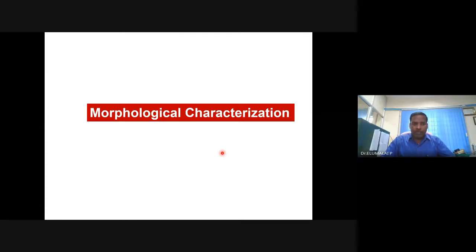X-ray diffraction is a very good tool to characterize the materials having long range order. Whereas Raman and infrared spectroscopies are the tools to characterize materials having short range order or materials of amorphous nature. Very important point if you are going to deal with materials in the near future.